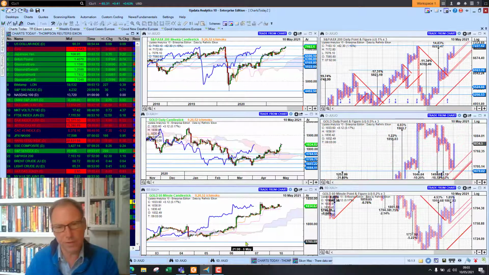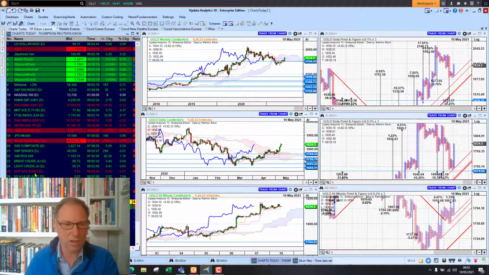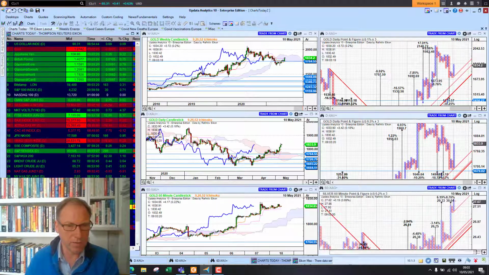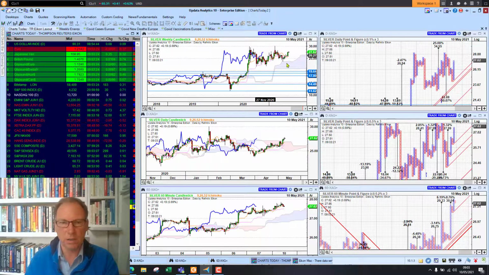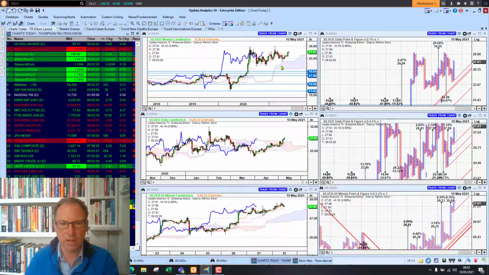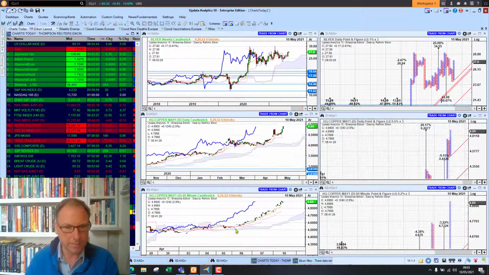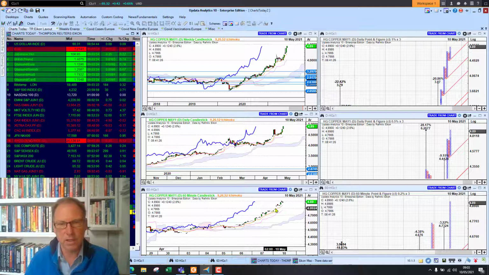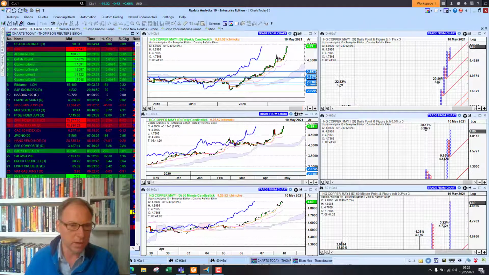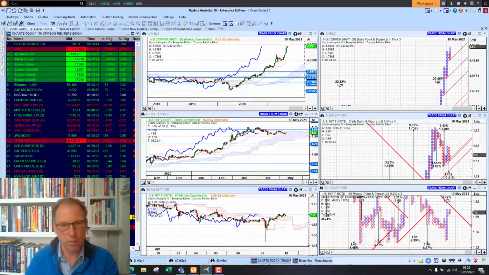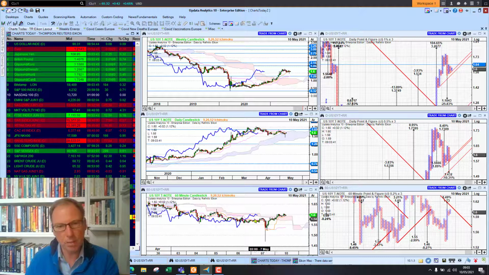Gold sitting at 1834, holding that 1800 level, moving back to short-term bullish. We are seeing gold recovering there. Silver also higher, sitting at 2760 now, so looking set for a break of this big consolidation pattern, so don't be surprised to see silver moving much higher. And copper also continues its run, up 2.6%, so looking strong there. US 10-year yield sitting at 1.6%, so that's quite key, pushing higher.